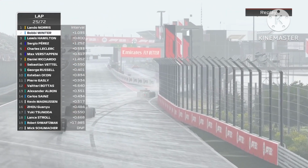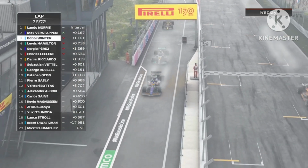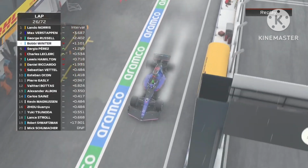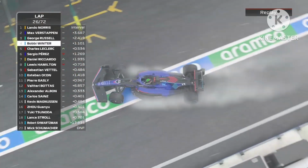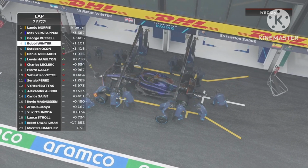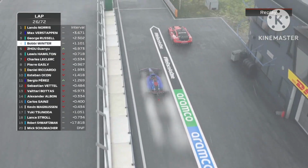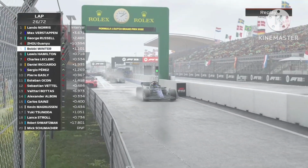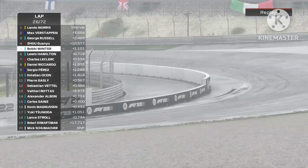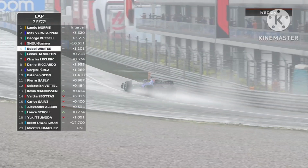Winter definitely thinks so, as he comes into the pit lane, and so does Hamilton, Verstappen, and it looks like Charles Leclerc in the pit lane as well. Yes it is Charles Leclerc in the pit lane, as Sebastian Vettel continues on. Intermediates go on the Williams, and is it now drying up, as Zhou Guanyu, George Russell, Verstappen and Norris continue on. My bad, it was Perez in the pit lane then, as